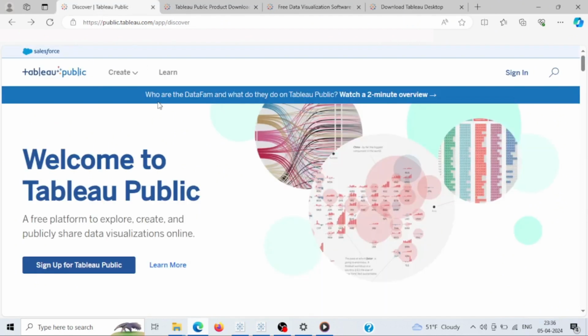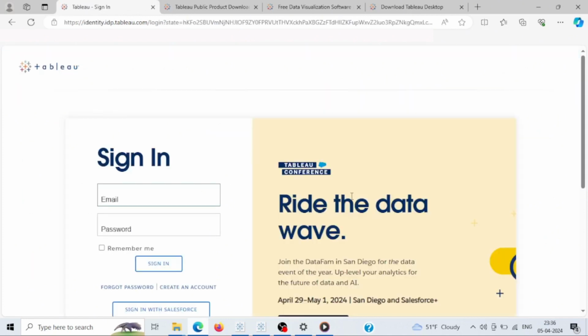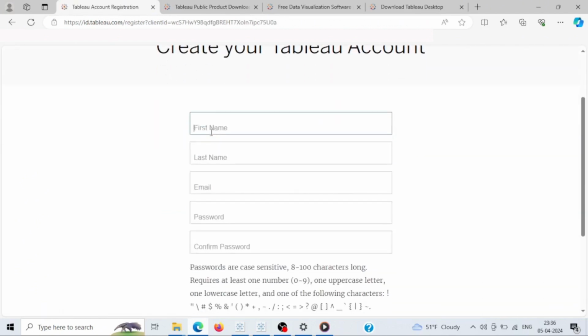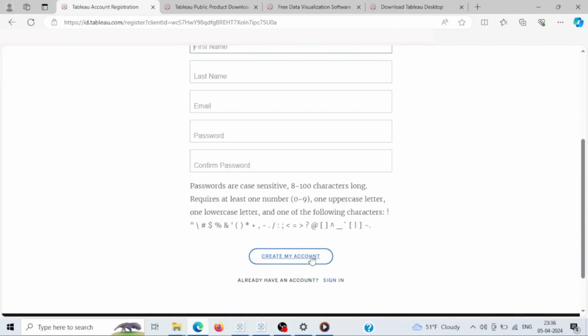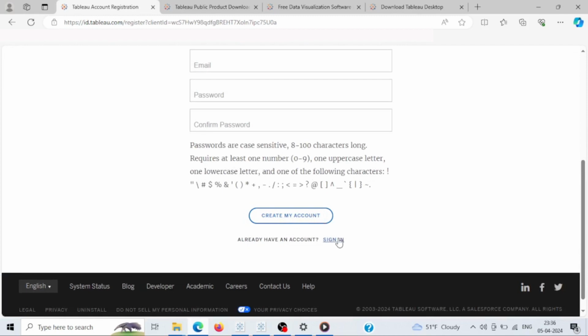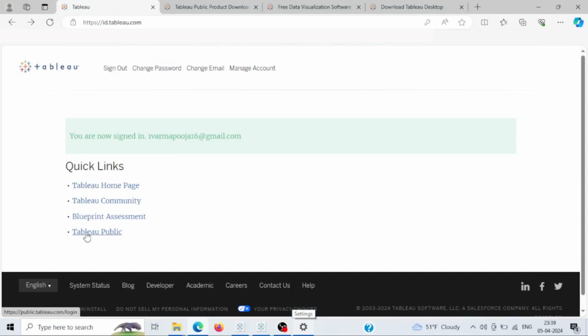The other way is if you again go to this create and you do web authoring, you need to sign up, or sign in if the account is already created. If your account is not created, you can create an account. Here, let me click on it. So you can give your first name, last name, an email address, password, and create account. So your Tableau Public account would be created. In case you already have an account, you can just simply log in. So once you sign in, here you can access Tableau Public. If you click on that,